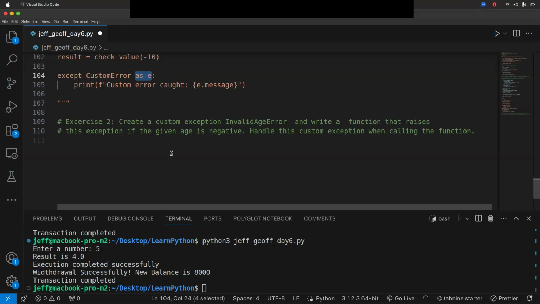It's a syntax commonly used in exception handling to bind the caught exceptions. When you throw an error, you should catch it, and that's why it's very commonly used. So you can see here, except as e message, you're trying to catch it with this message.